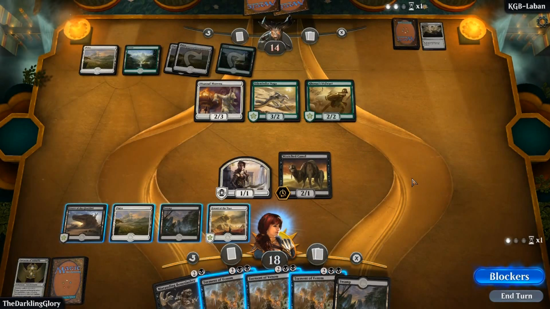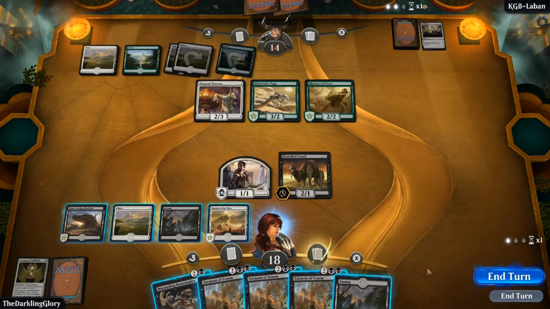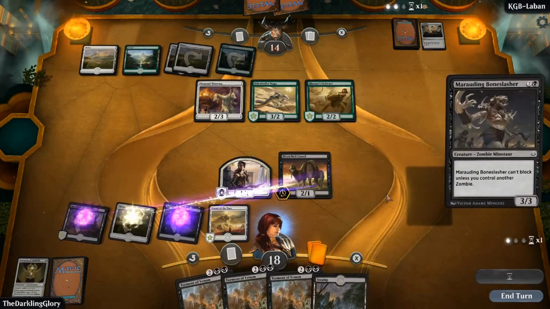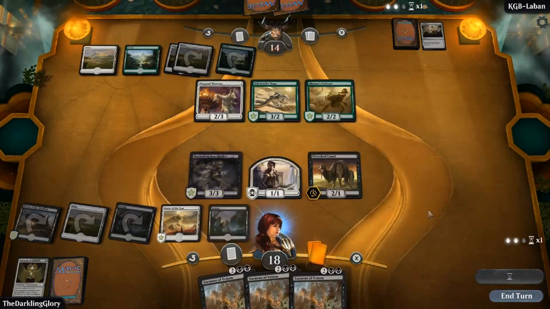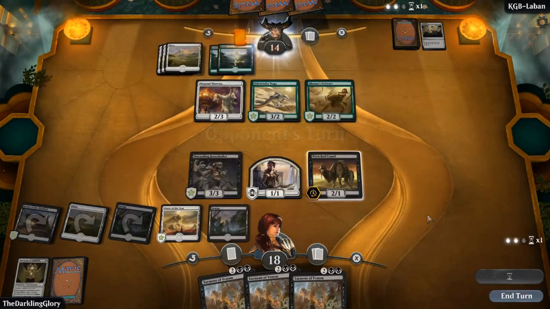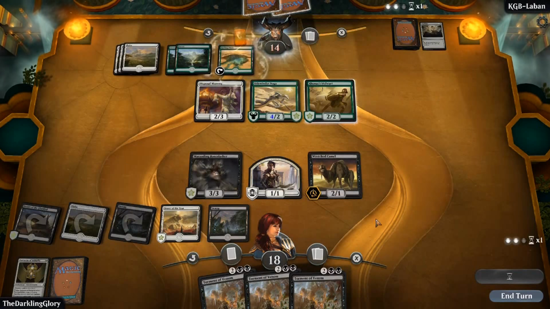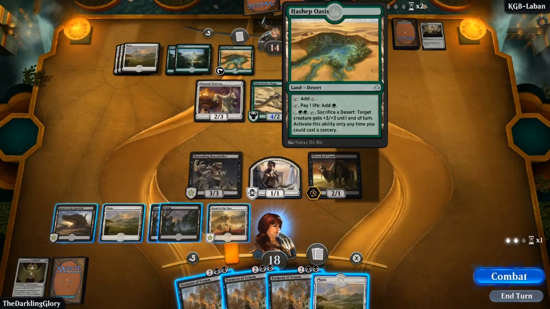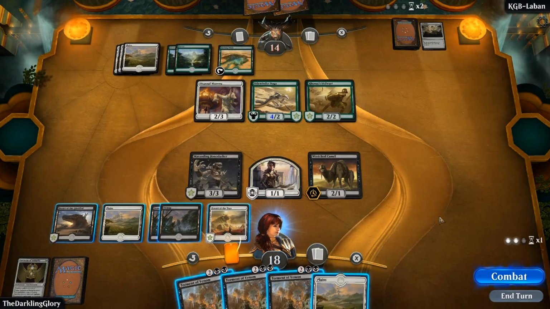I wish I had my camel back. Loggers, damage. Yeah, I'll play my zombie thing. I'm sad. There's not really a way to play around that. Like, I was going to attack or block eventually. They were going to get their sandblast value. Okay, this only activates as a sorcery, so...